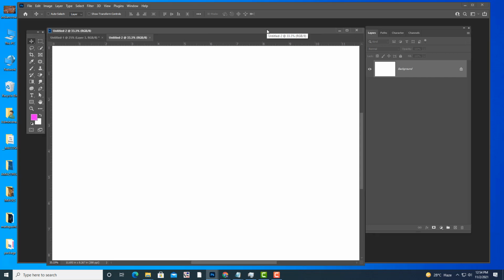So now I will show you how we can use a clipping mask, what a clipping mask is and how we can use it. There are two techniques to use the clipping mask. Clipping mask means putting any content, image or anything inside some shape or text. That is called clipping mask. So I will type some text and put an image inside that text.